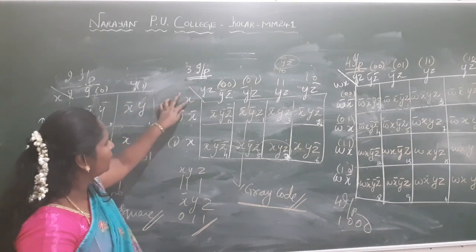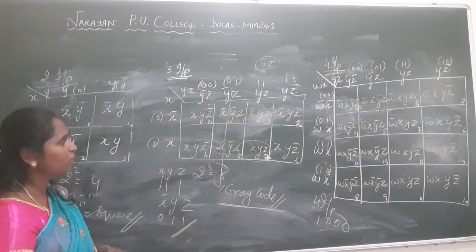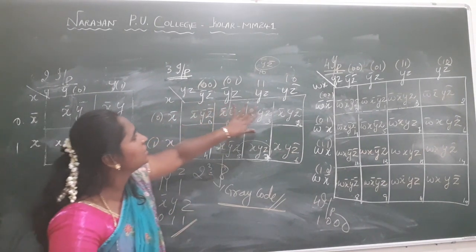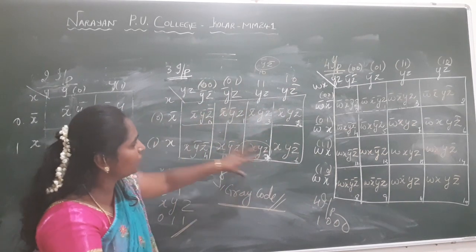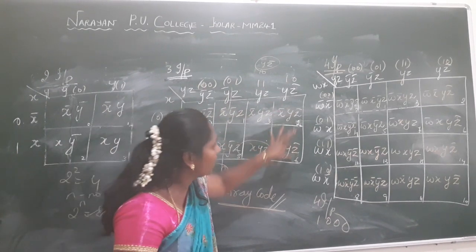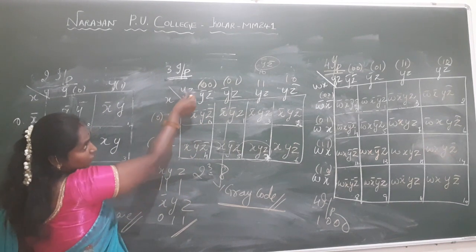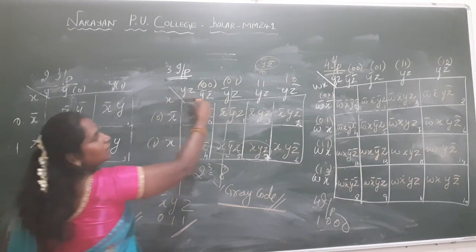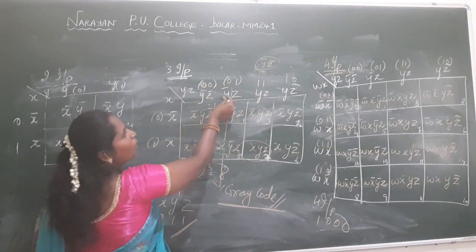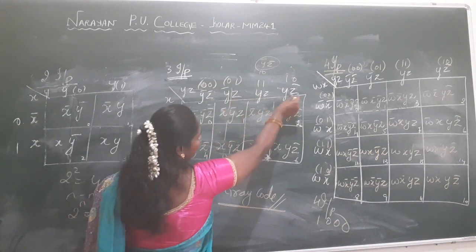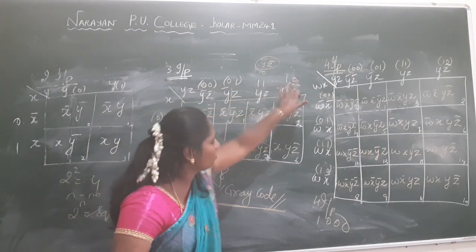For 3 inputs, it is x, y, z. It is nothing but 2 to the power of 3, that is 8 possible inputs. That is 1, 2, 3, 4, 5, 6, 7, 8. So 8 possible squares can be represented. The inputs are x, y, z. So x varies over 0 and 1. Column wise, we take y z: y bar z bar, y bar z, y z, y z bar. I have already told you this representation of 0 0, 0 1, 1 1, 1 0 is also gray code.